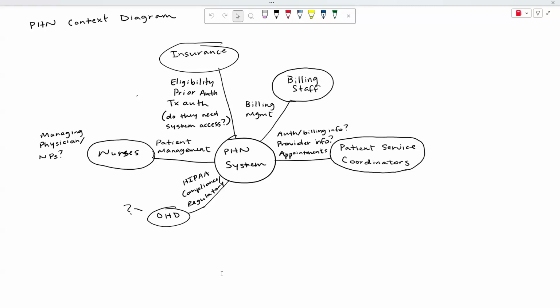Which takes me to the billing staff and billing management. And then the patient service coordinators, I put them down for, okay, they may need to know authorization and billing info, so they can communicate that to the patients, maybe provider information as well. And keeping appointments in mind too, because if they're the service coordinators, they may be providing transportation, or at least keeping the family, child, adult, whoever it may be, up to date with the